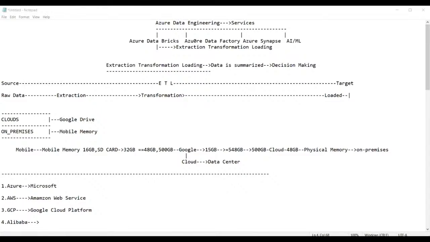Sir, will you be explaining the deployment process? Yes, of course, we will see the deployment process. This is all a technical subject. For ADF and ADB, the deployment process is required. Is there any combined batch for both Databricks and Data Factory?